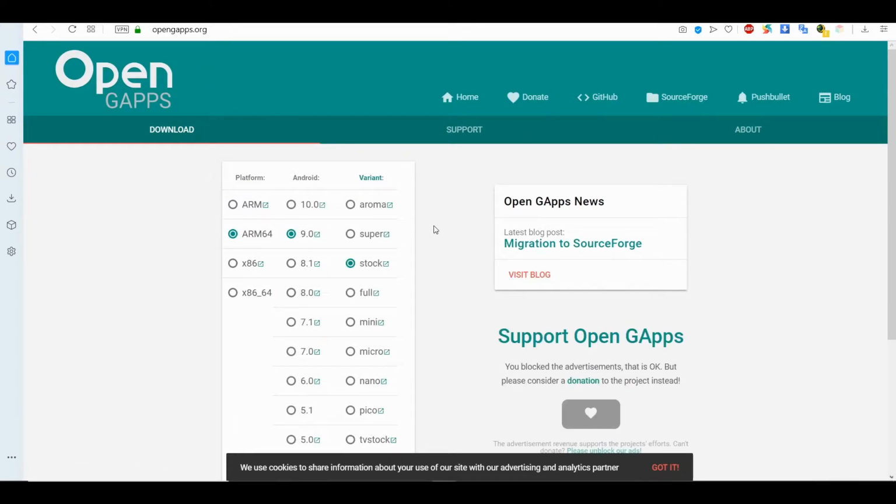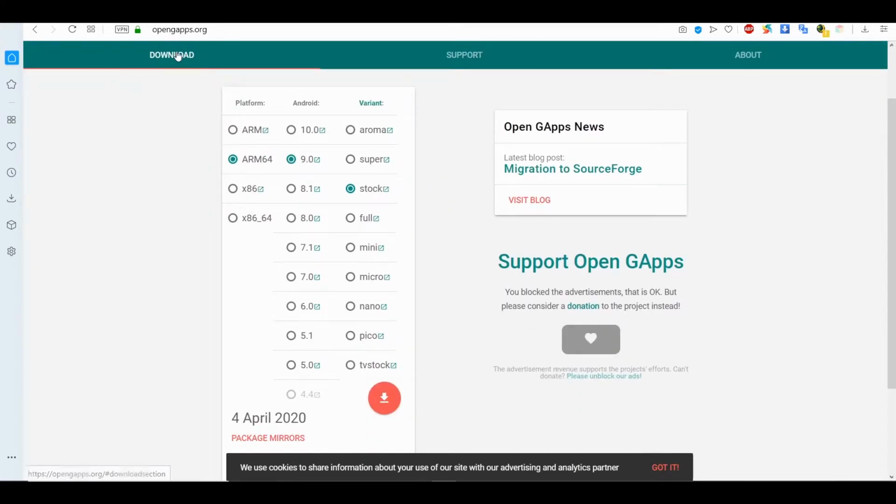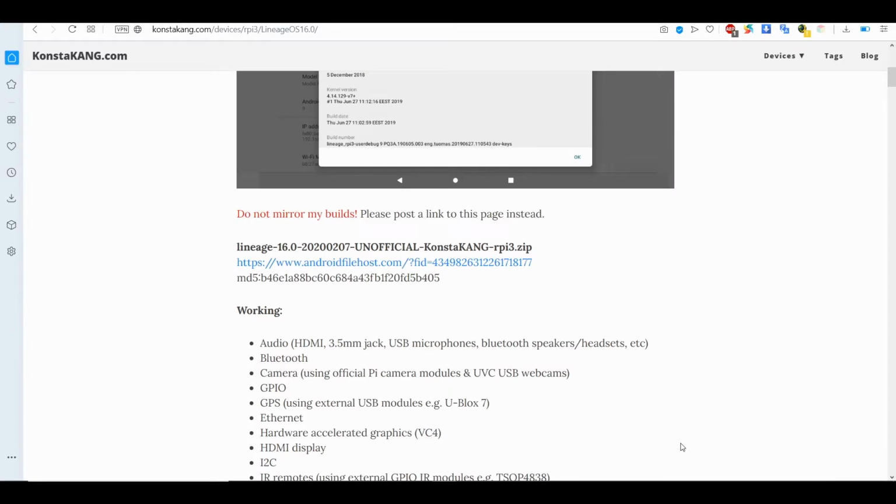In order to download the GApps for this build, head over to the opengapps.org website, choose ARM and then Android version 9 and then select Pico and then click on this download option. So this will download the GApps that is required for installing on this LineageOS 16.0 build of Konstakang. So after you download the image,